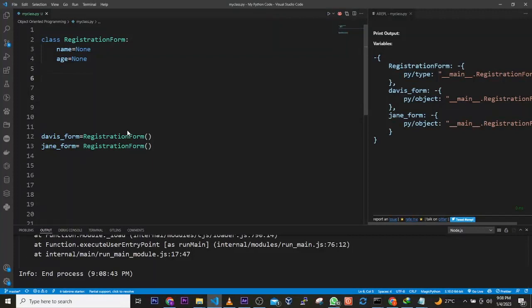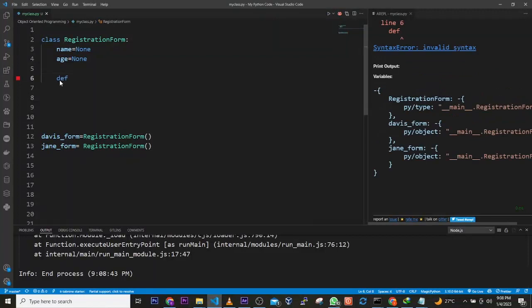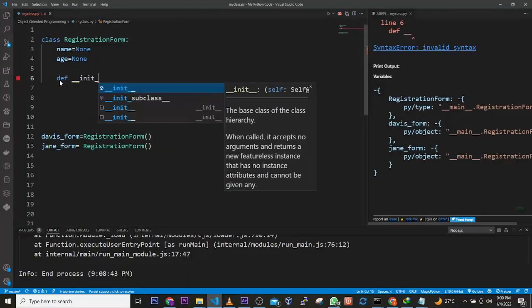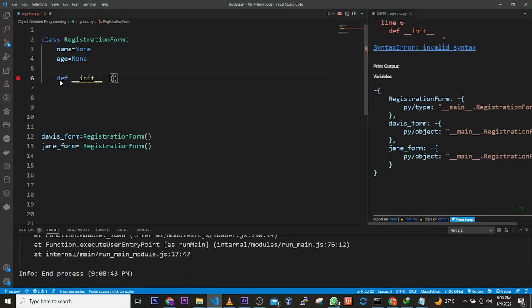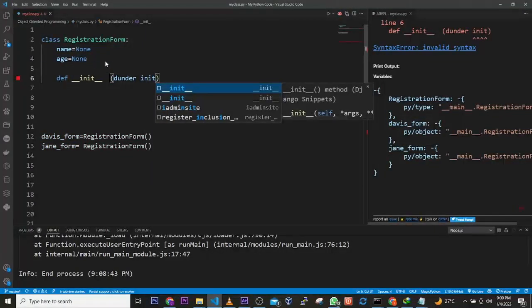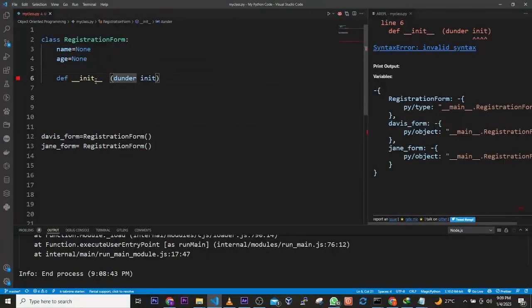When an object is created during instantiation, a special method is called in the class. The method is called the double underscore init method. It's double underscore init double underscore. Another way to call this is to say dunder init. So I'll be using the word dunder instead of double underscore. Dunder actually means double under, which is Python's way of calling a double underscore init double underscore. So the method is dunder init,